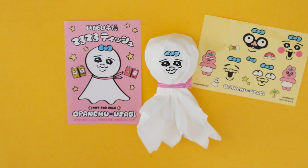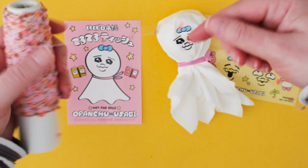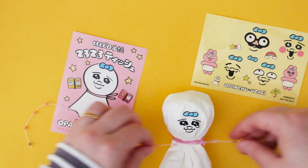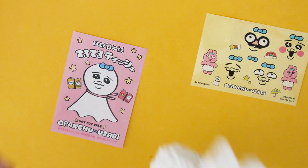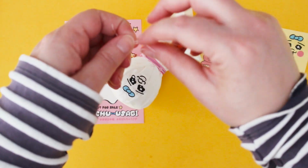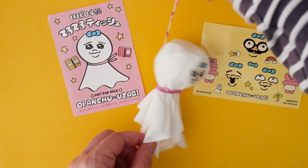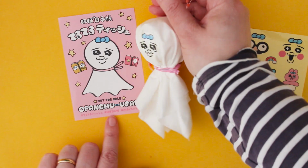I've got some twine here. So I just got some twine. You could also feed the twine through the back, I'm thinking. This is actually Japanese twine. And then I can hang it up, maybe on my door or my window. So that's how you make the little DIY